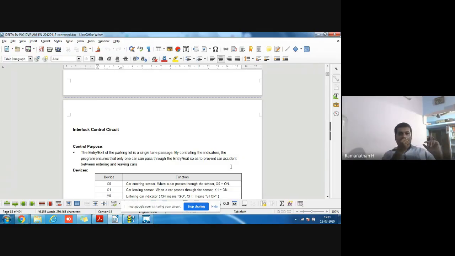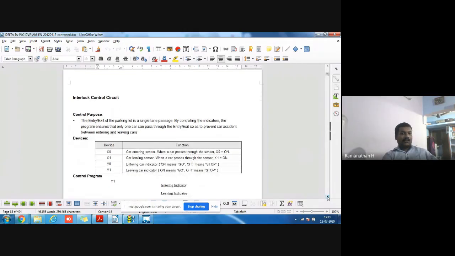But here, without manpower, the alarm itself indicates: if one car is coming, it indicates to the other car that a car is entering, so you will stop. That much of alarm indication is the simple application given here.